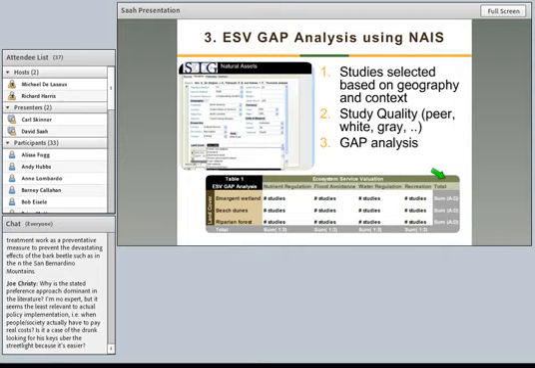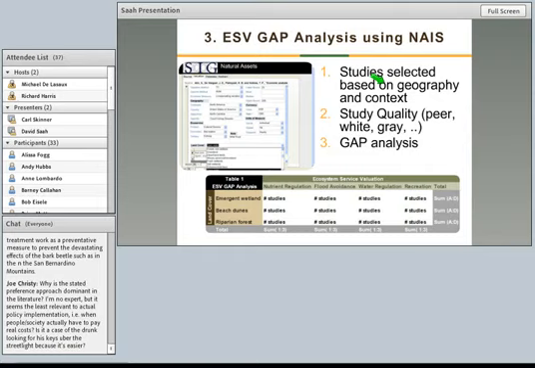Then what you do is you would go through and identify all the different studies that you have for each of your land cover types, for each of the different ecosystem services of interest. And we call this a gap analysis because there's going to be a lot of stuff that's missing. We're going to be missing a lot of information in this sort of assessment, and it's very important to understand what you don't know. And so that's typically what you would do.